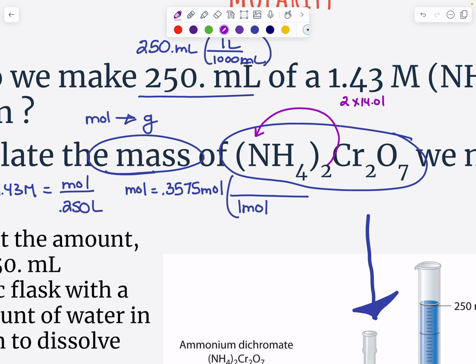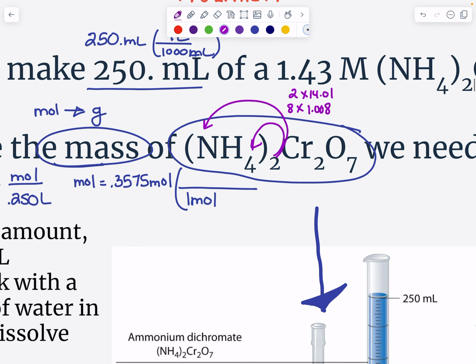That's the mass of nitrogen. There's going to be 8 times 1.008. 2 times chromium is 52.00, and 7 times 16.00. When I multiply and add those all together, it's a big number,